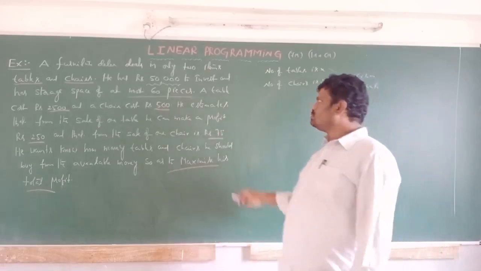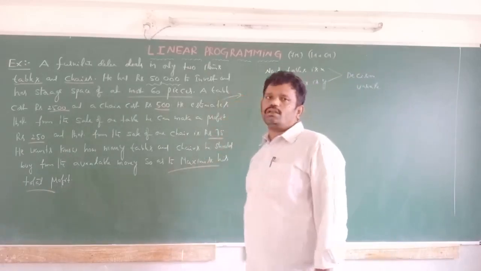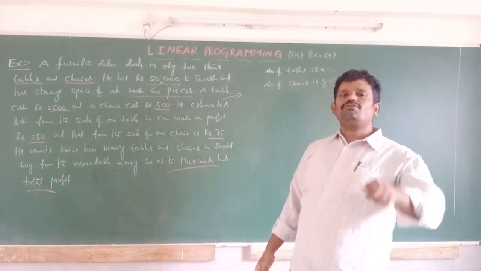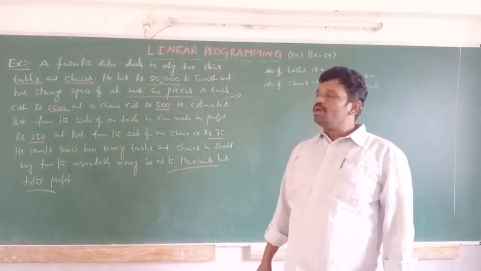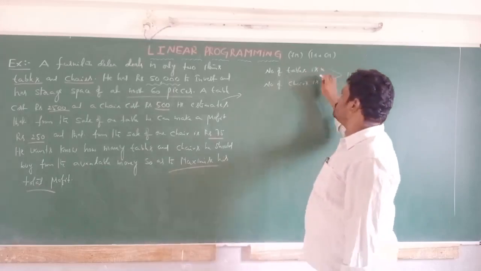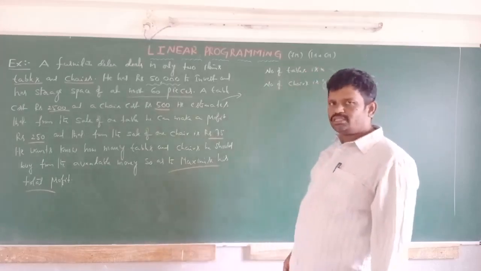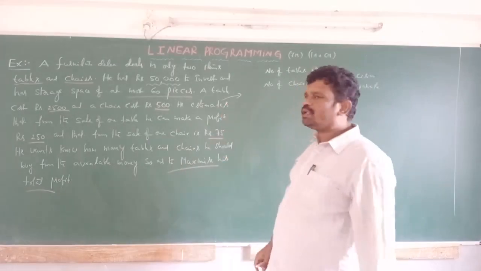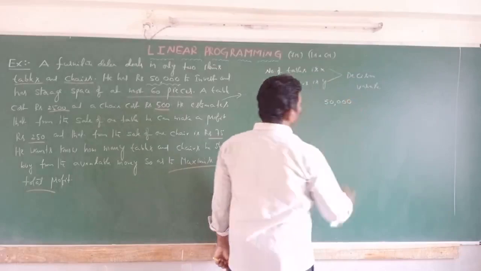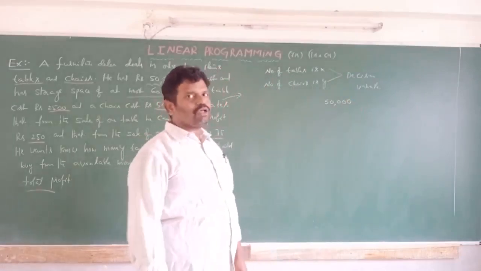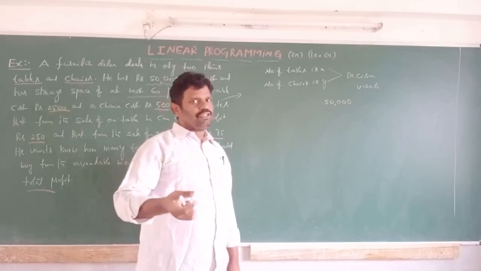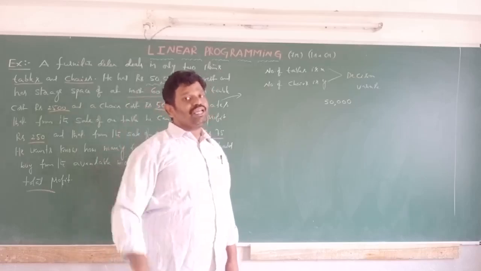Now, given this theoretical data, if we convert it into a mathematical formulation, how do we do it? Already we considered two unknown variables, the number of tables and the number of chairs. Here the total investment amount is 50,000. In that 50,000 you want to buy tables and chairs, equal to 50,000 or less than 50,000, but more is not possible.